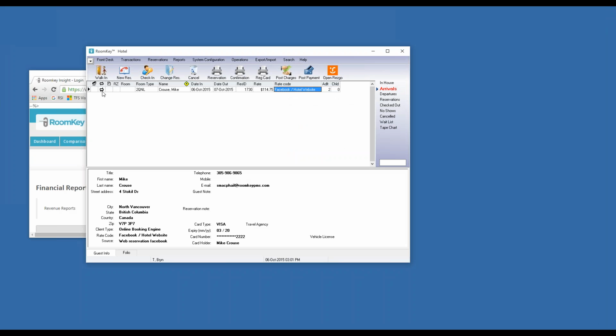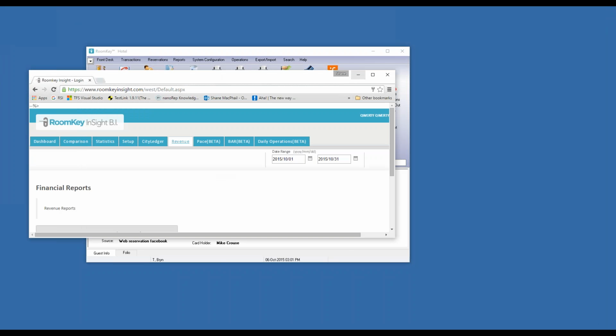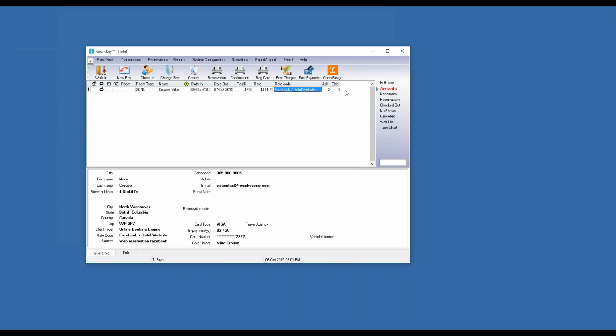Okay, so moving on from booking codes. Next we have our canceled group report. Currently in Roomkey, if you cancel a group, there is no report that shows the group that was canceled. So what we've added under operations, groups,